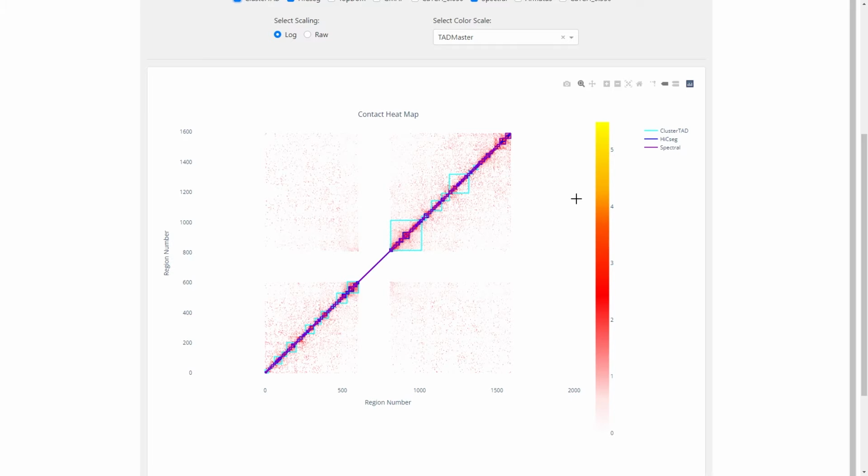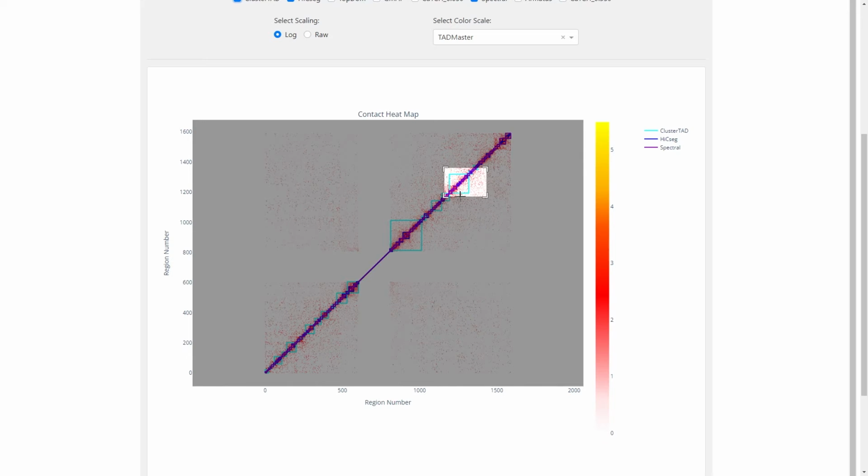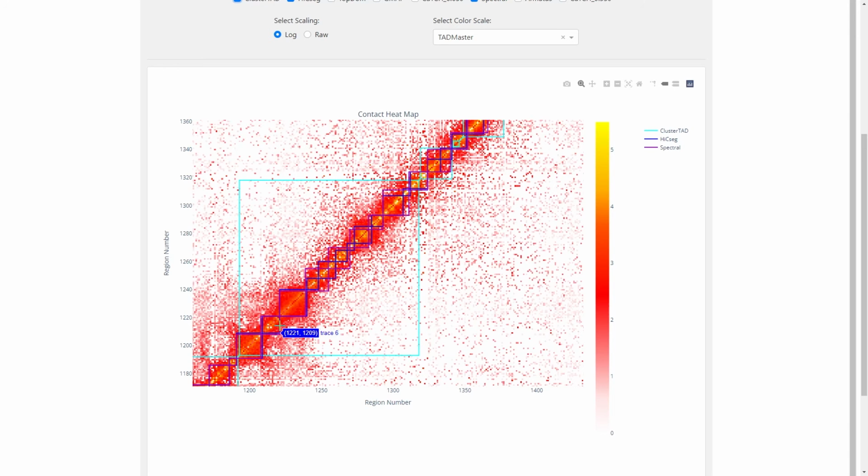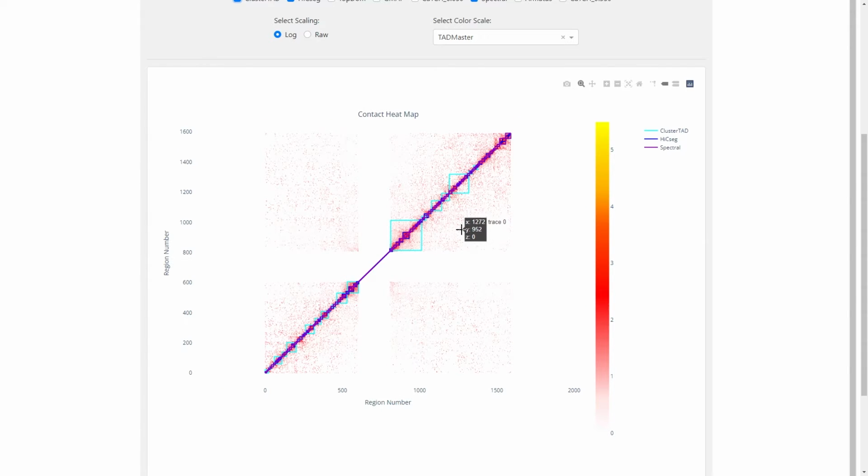Right, we had loaded in one more method, cluster TAD, and as you can see quite clearly from the color difference, cluster TAD is identifying much larger regions than the other two selected methods. So again, we can highlight in, view region, and visually it's apparent the differences in the TADs identified by these methods. However, we provide much more in-depth analysis of this, and to view that, we need to go back to